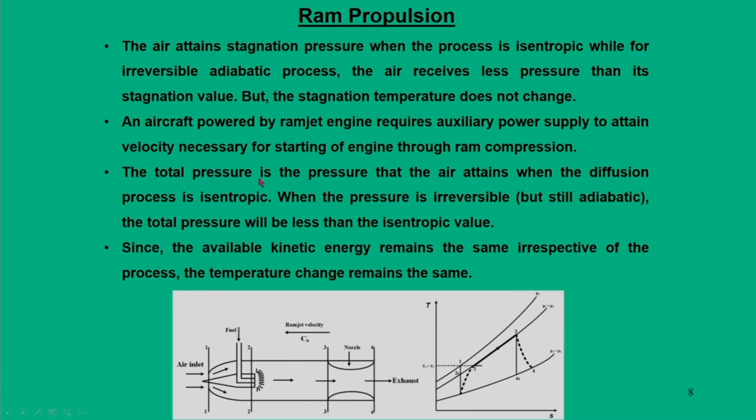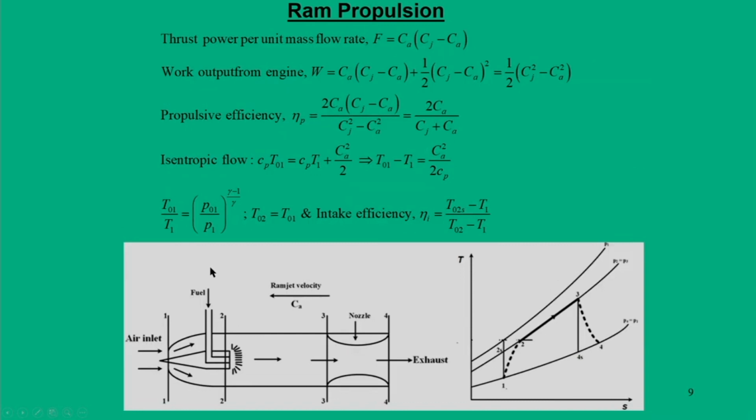The total pressure is achieved by the air when the diffusion process is isentropic, and if it is irreversible, the total pressure will be less than the isentropic value. And of course, the available kinetic energy remains the same irrespective of the process, because the temperature remains the same. So, a brief calculation in this aspect we can have here is that the thrust power per unit mass flow